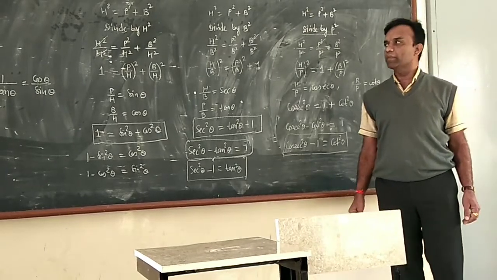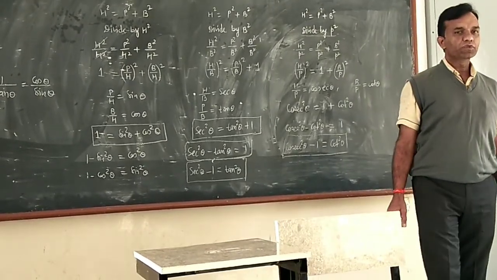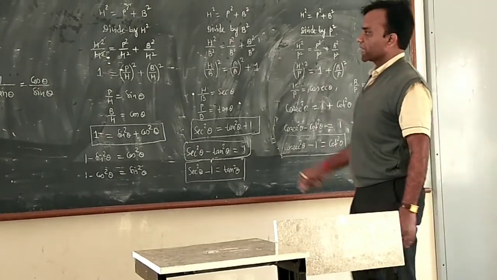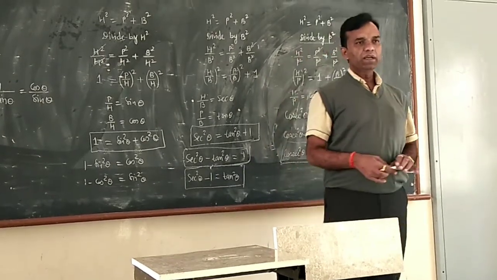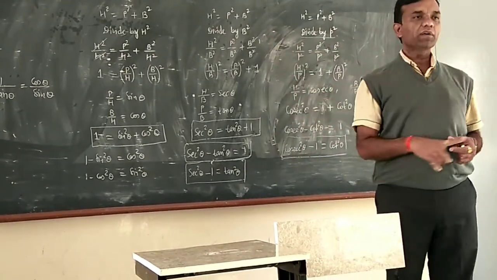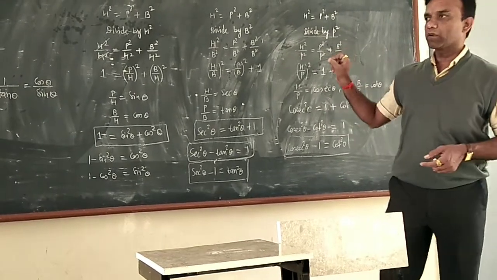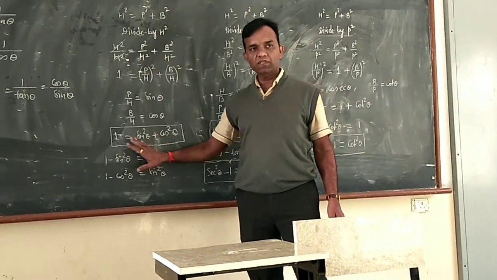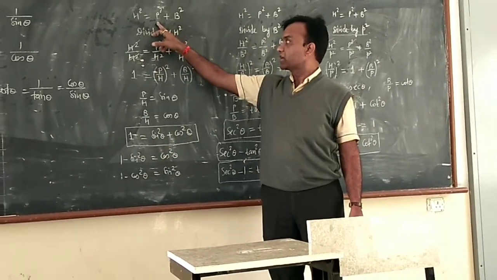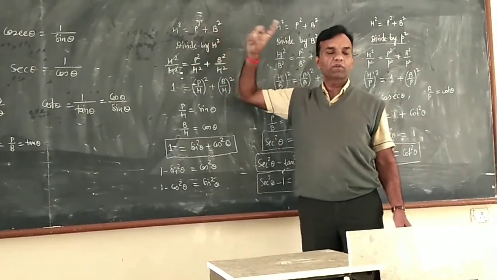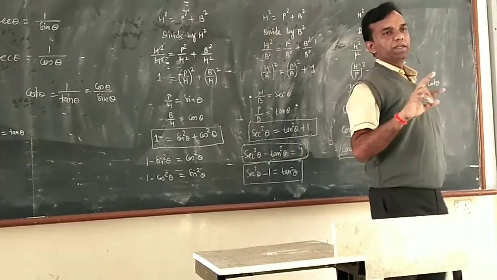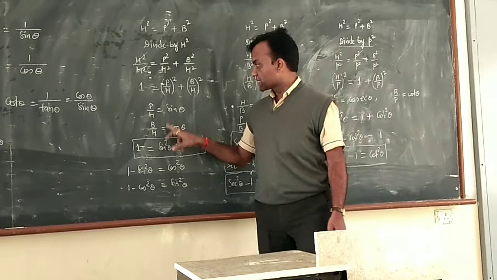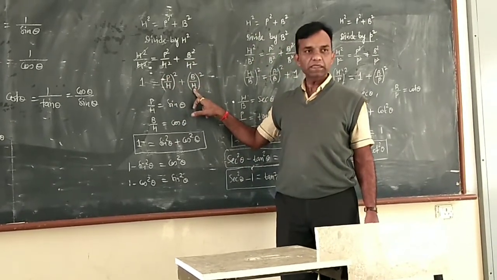Suppose in your board examination the question asks you to show that sin square theta plus cos square theta equal to 1. First you write down the diagram of the right angle triangle, draw the sides like hypotenuse, perpendicular and base, and then write down the Pythagoras theorem. To prove this identity, we divide by h square, because the formula for sin theta is p by h and cos theta is b by h. Both trigonometrical ratios have the same denominator. Sin and cos both have h as the divisor.